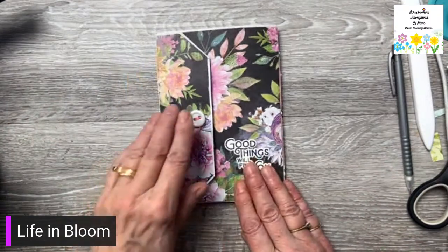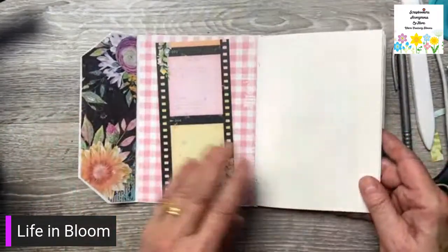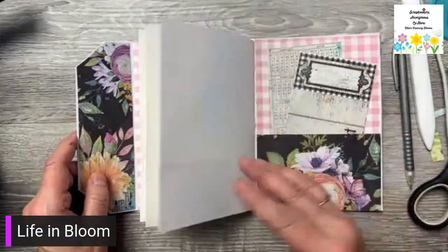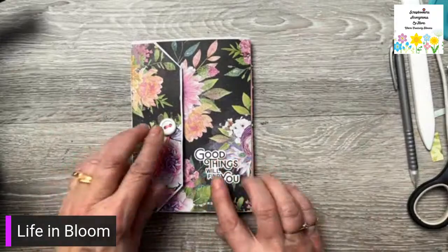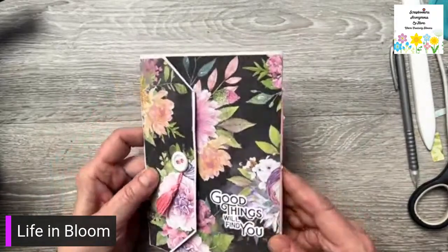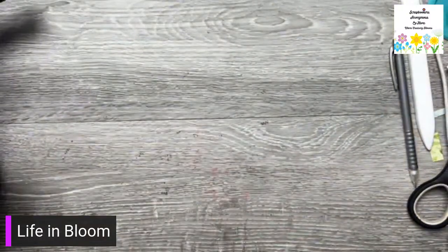So this little folio. And I've used 2 paper bags. And again, I'm using Life in Bloom paper. I think it's beautiful. And some people saw this today and wanted a kit, so I'll do a couple of kits for these too. Okay? But that's on Thursday. Friday,